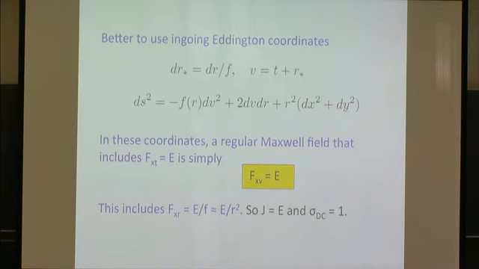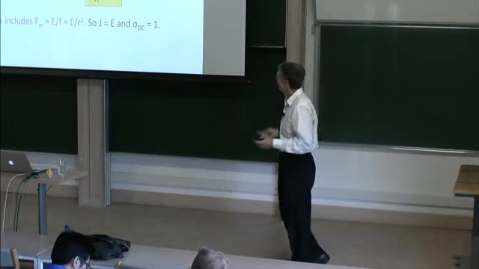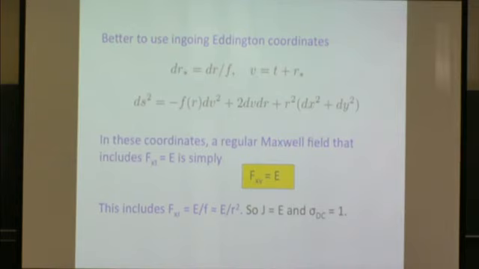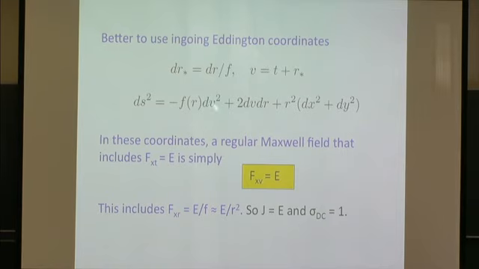So v equals constant surfaces are just ingoing radial light rays. The metric, Schwarzschild AdS metric in ingoing Eddington coordinates, takes the form here. It's minus f dv squared plus 2 dv dr plus r squared times the flat metric. Now in these coordinates, a solution of the linearized Maxwell equation that has the same boundary condition at infinity is